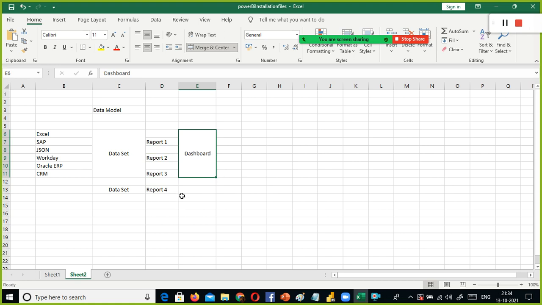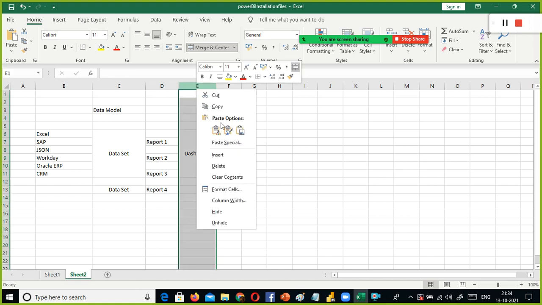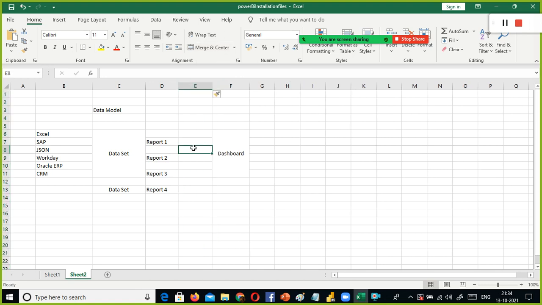In that case, it is not directly possible. What you can do is, you have something called workspace 1 and workspace 2. You need to create a workspace for these 3 reports. For example, you are using these 3 reports to generate a dashboard. So this is called workspace 1 and workspace 2. The workspace creation is possible only in the Pro, licensed version.